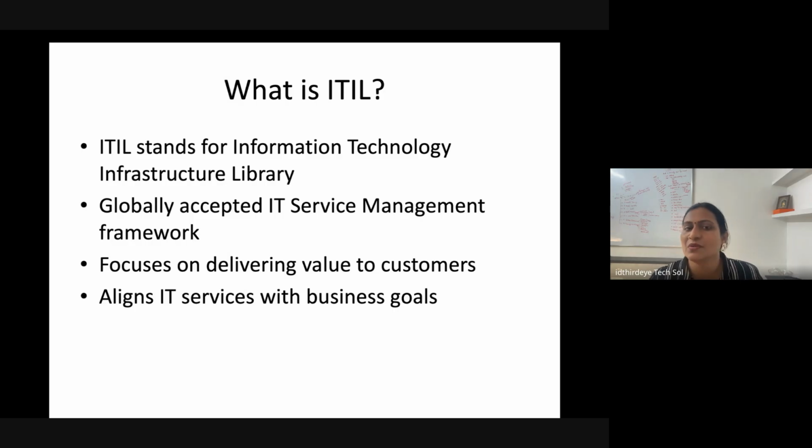Similarly, across the globe, ITIL, the Information Technology Infrastructure Library, is a globally accepted framework for all IT service management. If you take IT as a department, how does this IT department have to work? This framework talks about how the IT service department will work. It mainly focuses on delivering value to the customer, and why this is required is that